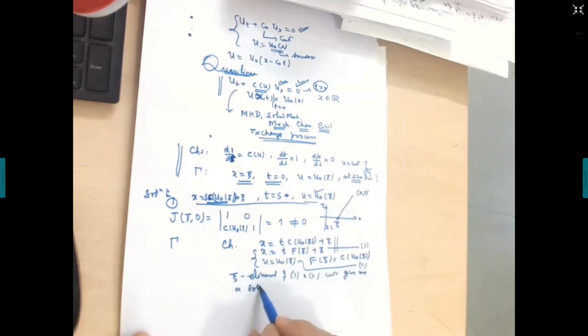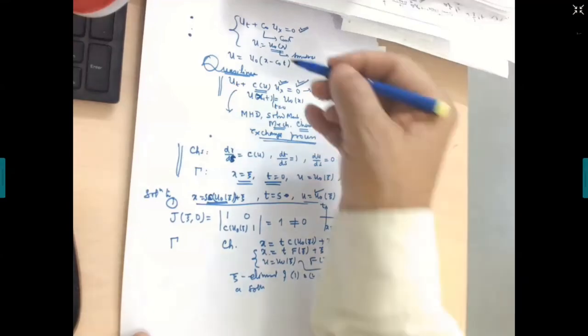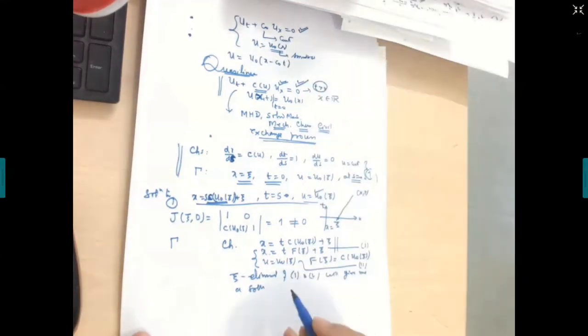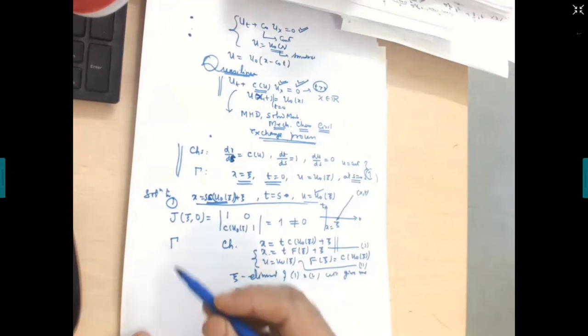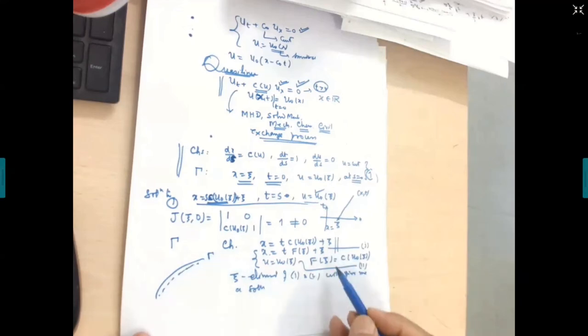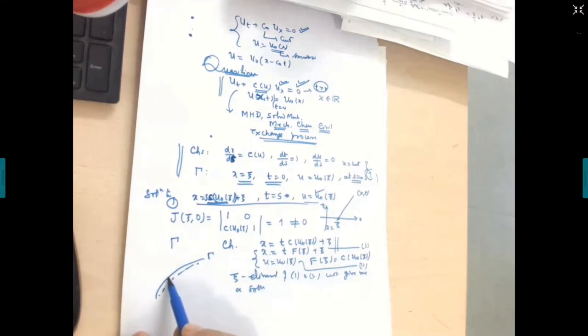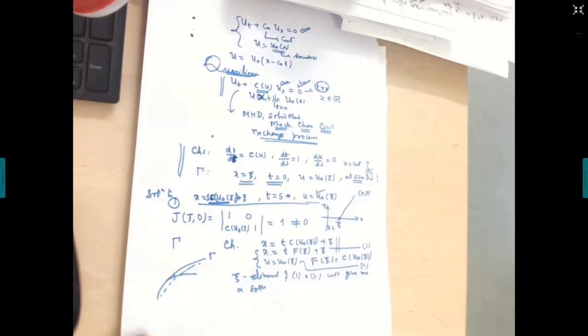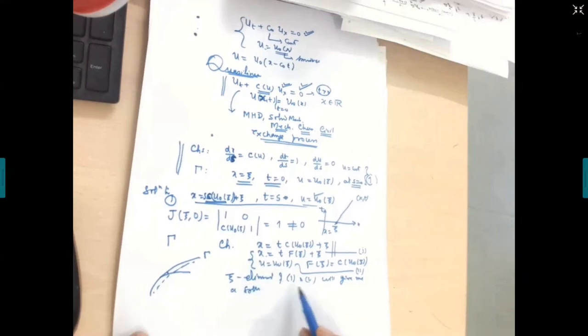Eliminating xi from 1 and 2 will give me a solution. And in fact, it's a unique solution because J is different from 0. Unique solution where? In the neighborhood of this space curve gamma. Look here, this is your space curve gamma. You get a unique solution in the neighborhood, a solution which is of class C1. This is to be kept in mind. But this C1 solution, if you move away from it, it may break down after a finite time.